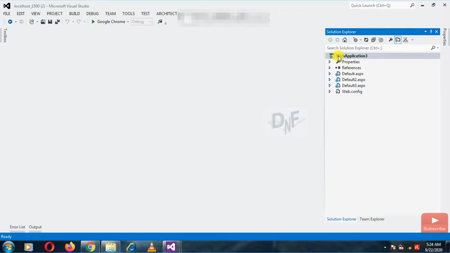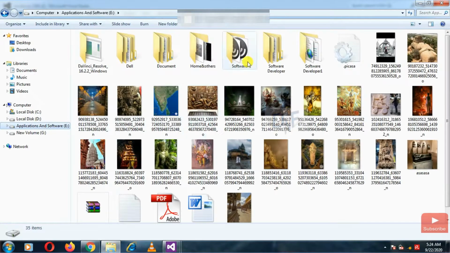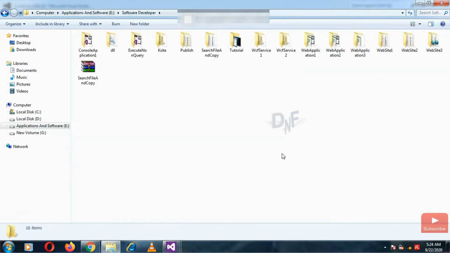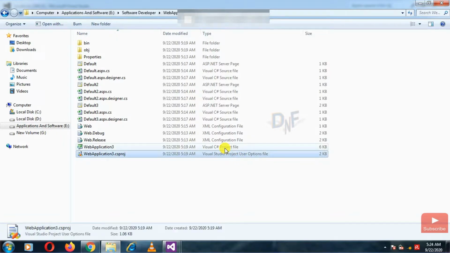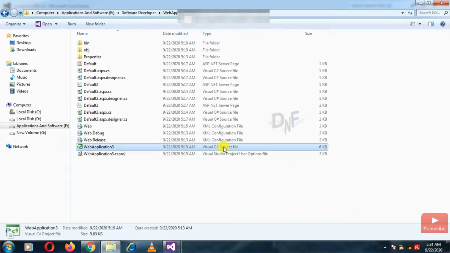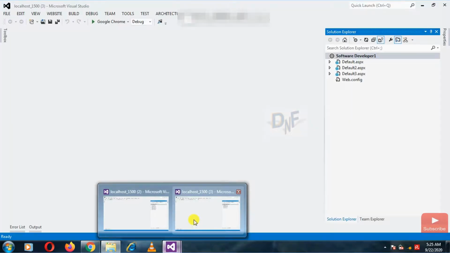Another thing is that a project contains information about its items. For example, I converted it as a web application. We can see there is a project file that contains the project information and project content information.